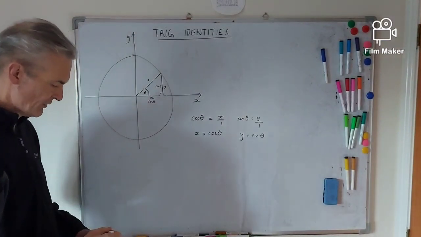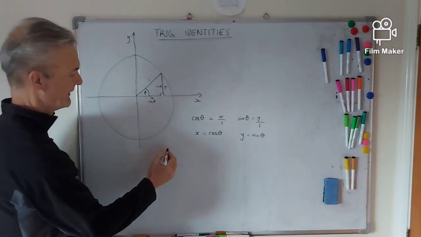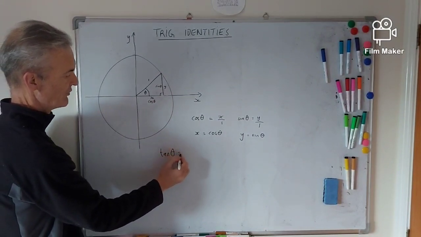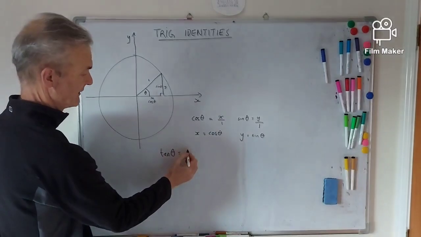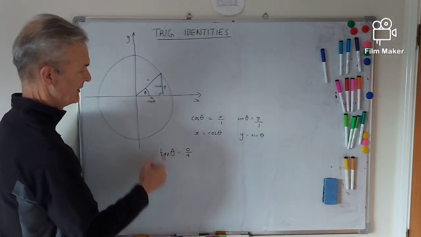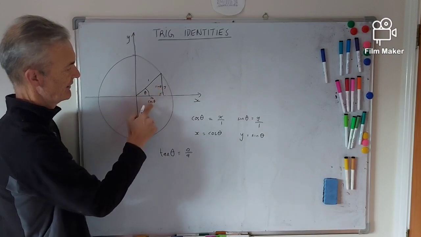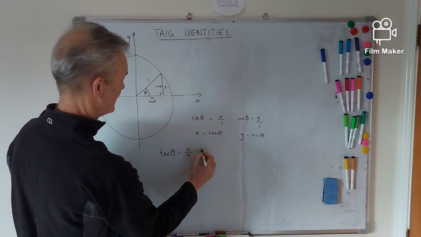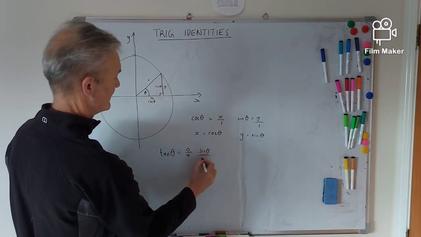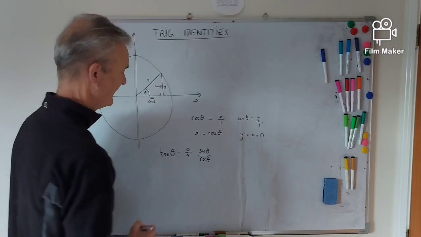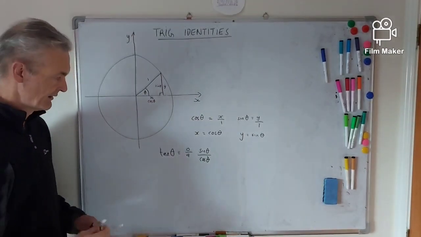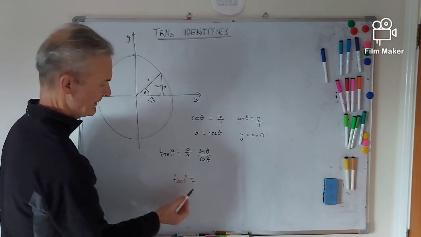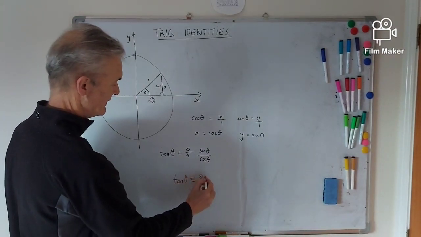Well, if we want to find, for example, tan theta, we know from SOHCAHTOA it's the opposite over adjacent. Well, the opposite is sine theta, and the adjacent is cos theta. So tan theta, sine theta over cos theta. So that's a useful identity. So we write that tan theta, and we put 3 lines. That indicates it's an identity. It's sine theta